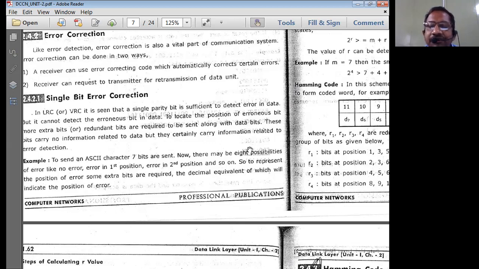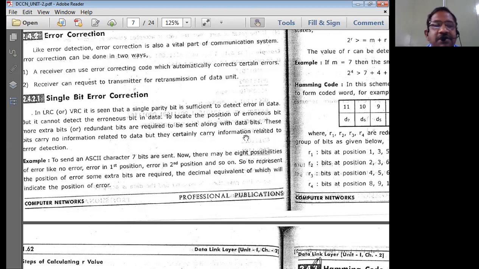In the case of error detection, we are only detecting the error, that's it. But here we are moving a step ahead towards correcting a single bit of error. That is the extra thing we are doing in error correction methods. See, these redundant bits do not carry any information of their own, but they certainly carry information related to the erroneous bits. They are the extra bits or redundant bits which we use to correct the errors in the data frame,